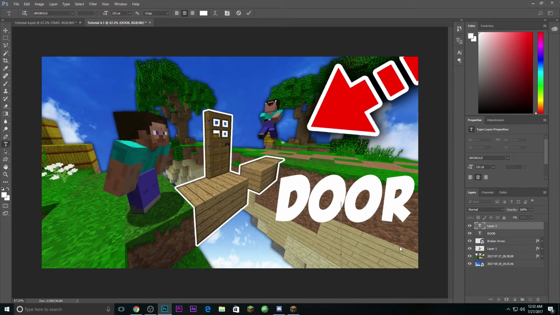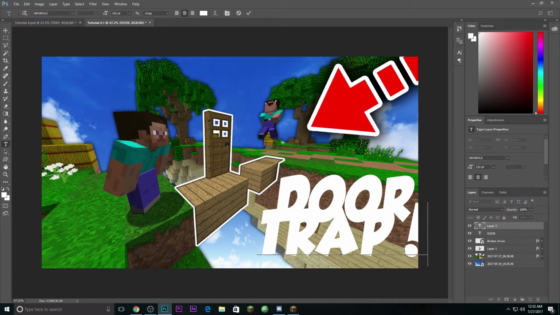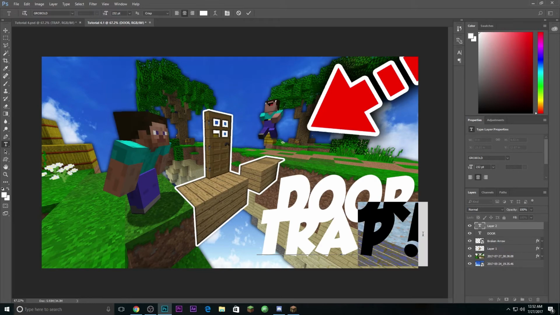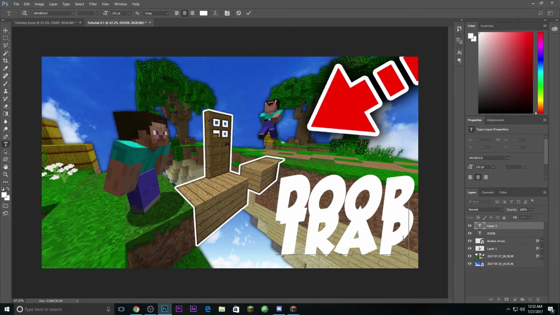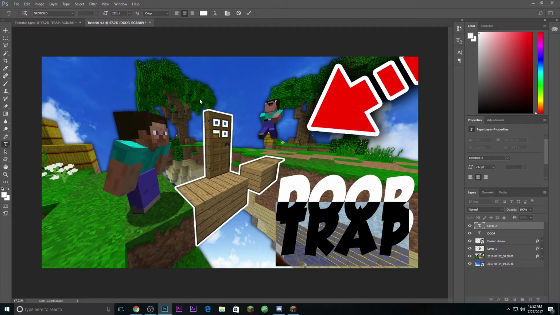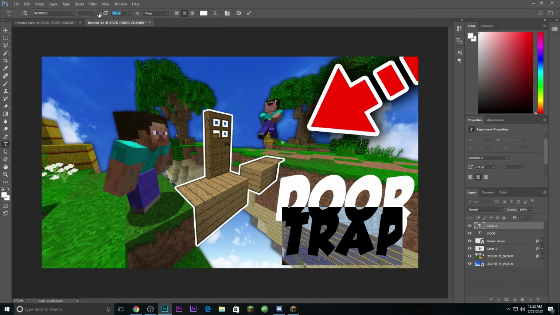So we're gonna click this again, and now we're gonna type in trap. Remember to hold down your shift or type in all caps. I don't put the exclamation mark just because it leaves too much of a space, but I could actually fix that right now with the character tab if I wanted to, but I'm not because nah. So we're gonna make this a little bit smaller, just a little bit,